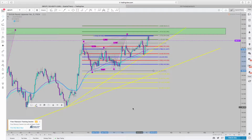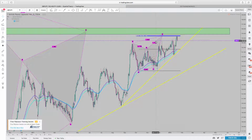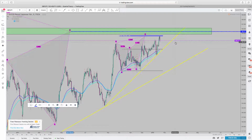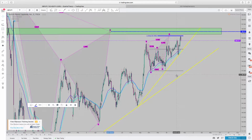Okay, and now as you can see, my 1618 and my 1272 again create a Fibonacci cluster. And you can tell that this is a very strong level of resistance, because as soon as price has hit this cluster, it has reversed immediately. So what I'm looking for is for price to probably create some type of a double top, probably come back up and complete this level of this D, this Gartley right here, and then drop. What I would personally do is probably put a sell limit here with my stop loss above this zone,